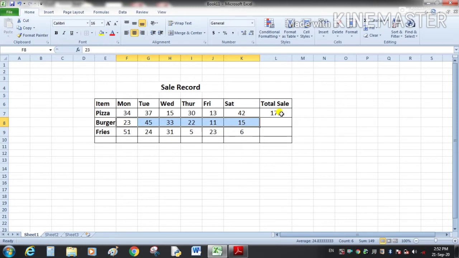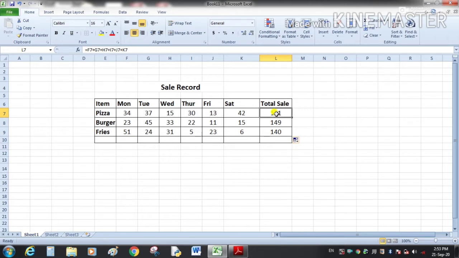We will just click here, and from the fill handle we will drag this downward. In this way, drag here, and we will get the same formula in these cells. But here you can see the difference.